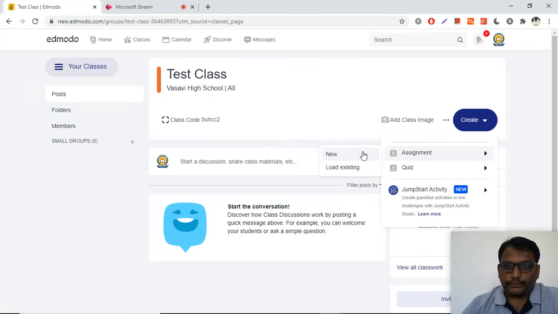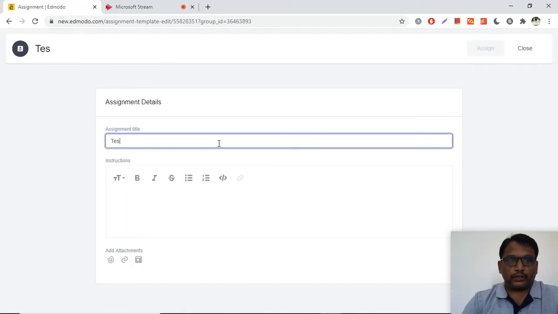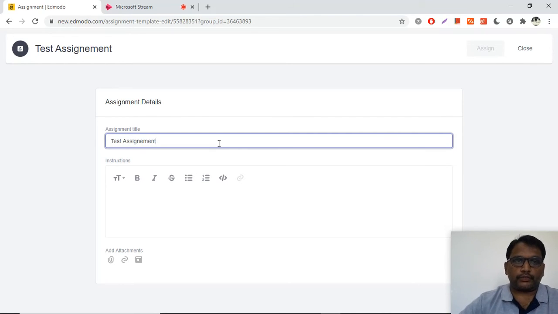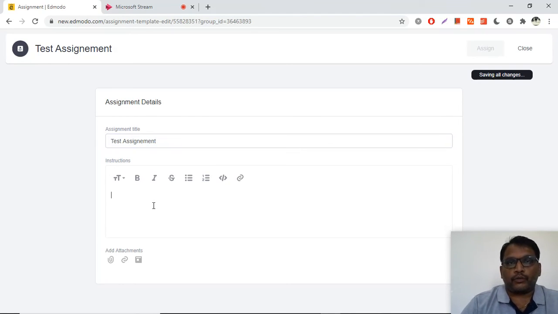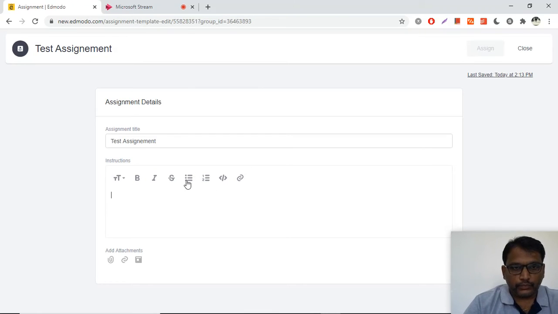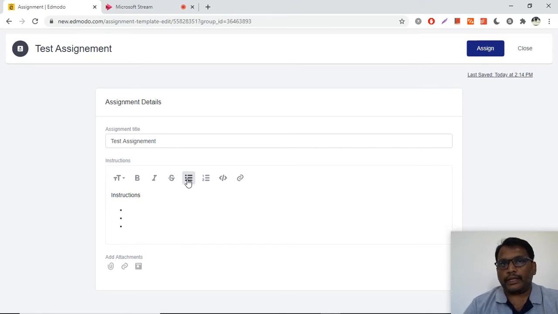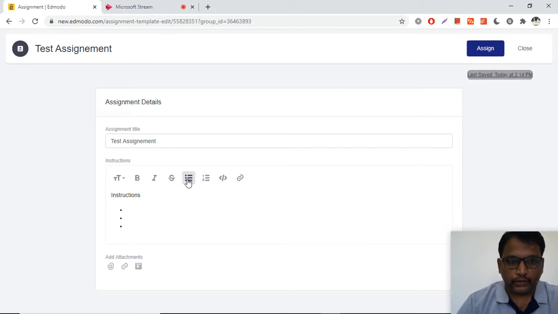Tap on new, give a title. In your case, it could be a description of your homework or any title that you want to give, maybe chapter number, chapter title, topic title, homework title, anything. You can give instructions here, the instruction that you would like to assign children, or any guidelines that you want to give to children on how to do the work.